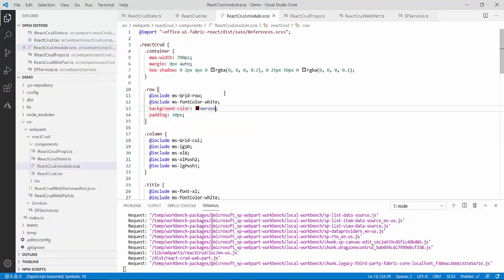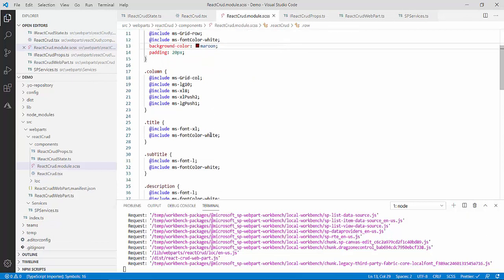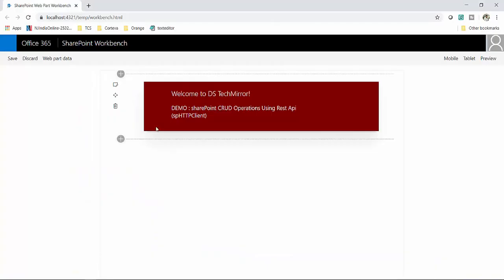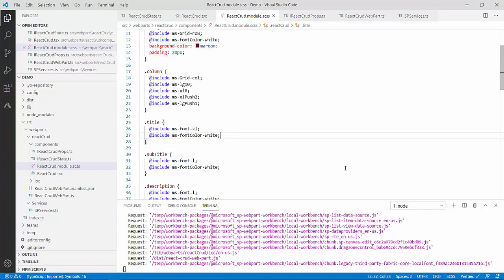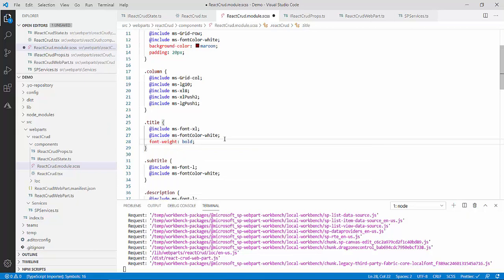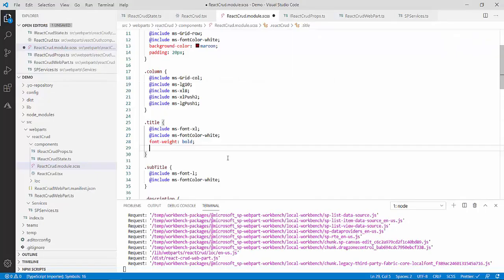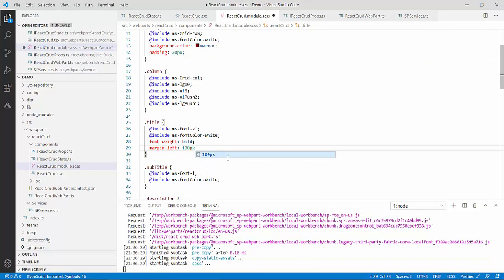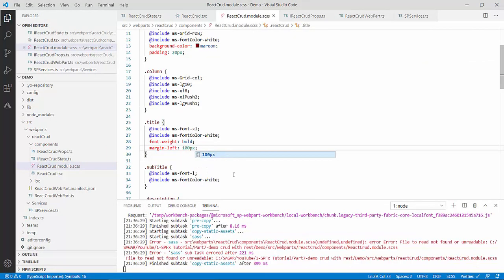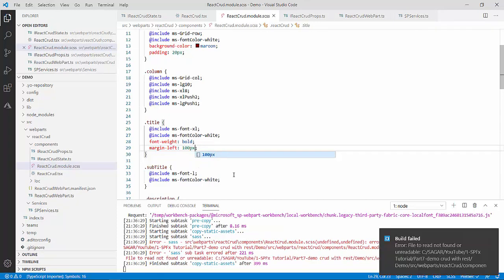So now I will go to this SCSS file. Inside this I have the title. So now over here I want to modify my title. So first go back and see over here. If I want to make it bold, because this is the title, I want to make it bold. So in my title what I will do, and then this is my font style, color is white. I will go with white only, and then I want to give margin left. So I will give the margin left, this margin from the left, and let's say 100 pixels, and now I will save. And similarly I will apply some changes to the subtitle also.